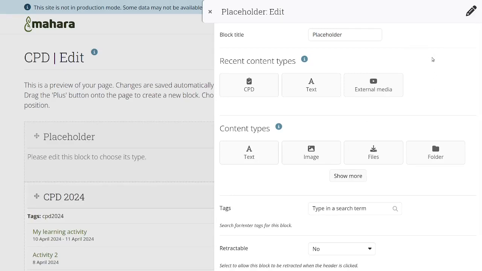This is the case because that is also a new functionality where you can see which content types you have used recently, either on that page or across your portfolio entirely, making it very quick to select your most used content items based on your own usage, because an administrator can always